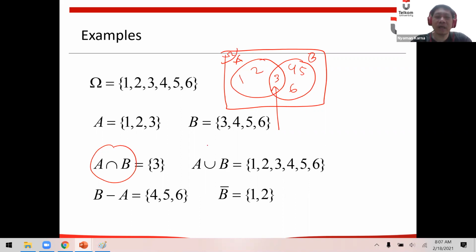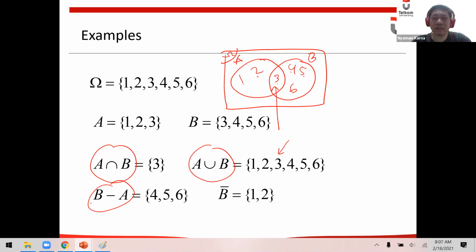Now, what is A union B? That means all the members of A and also the members of B. But remember, we only need to write down 3 once. So A union B is 1, 2, 3, 4, 5, 6. Now, what is B minus A?